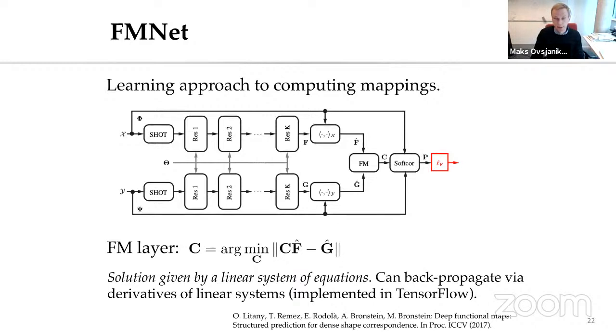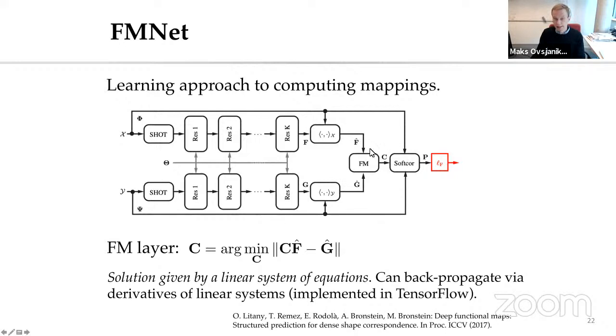The first approach that I know of that incorporated functional maps into a deep learning pipeline was introduced in the paper FMNet from 2017 by Litany and colleagues. And what they propose is the following. Suppose that I start with some descriptors, and instead of computing the functional map directly from those descriptors, I first pass them through some standard MLP layers. So basically these are learned layers. And after I pass them through these learnable layers, I can project them onto the basis of the two shapes and compute the functional map here.